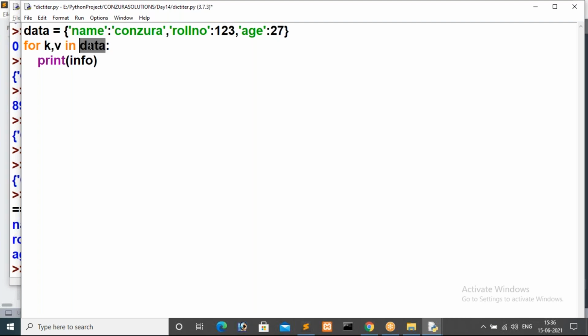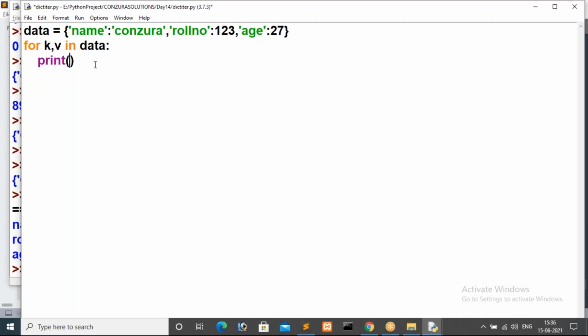In data we have two different things: one is the key, and another is the value. In the first iteration I want to store the key name inside k, and the value of the first key inside v. We will check what will happen.